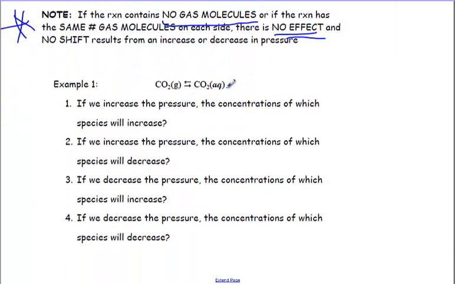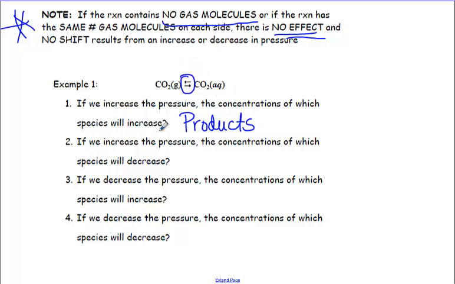So here's an example. We have an equilibrium system based on this information, okay, and we have carbon dioxide gas becoming carbon dioxide aqueous. So this is basically taking carbon dioxide gas and dissolving it in a liquid like soda. So if we increase the pressure, the concentrations of which species will increase? Well, according to our rules, the products will increase. Okay, this will increase because we're increasing pressure, remember, and so the gas wants to dissolve in the liquid and